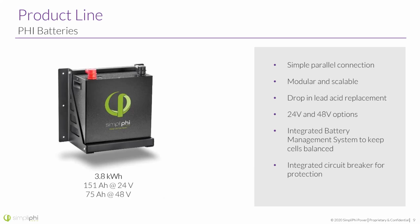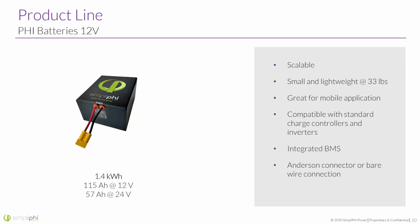So again, this is still our biggest battery. They're scalable and modular, which is really the big one. You can scale these up. There's no limit to how many you can put in parallel, technically. We offer some smaller products as well, like our 12 volt, 24 volt, and the